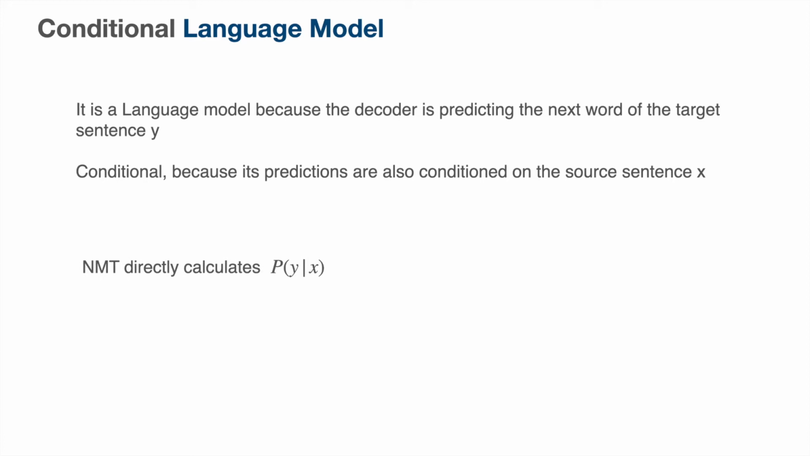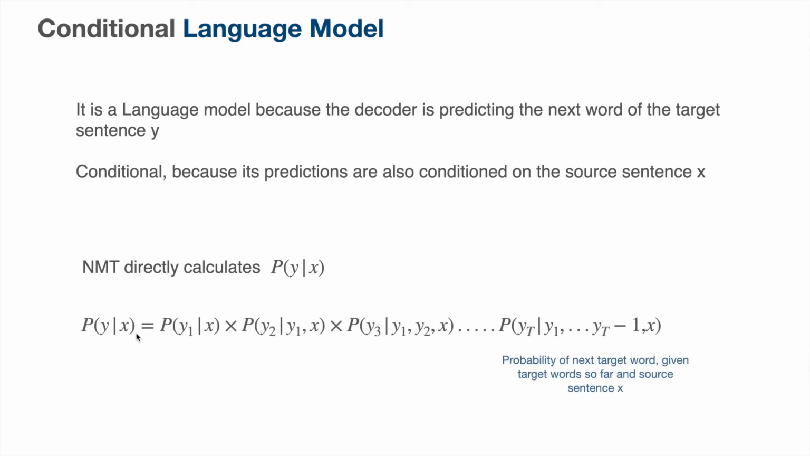Unlike statistical machine translation, NMT directly calculates the probability of Y given X, that is, the probability of Y1 given X times the probability of Y2 given Y1 and X. So here Y1 is the first predicted word. This is the second predicted word given the first predicted word and the source sentence. Here is the probability of the third predicted word given the already predicted first and second words and the source sentence, and it continues. So basically it is the probability of the next target word given the target words so far and